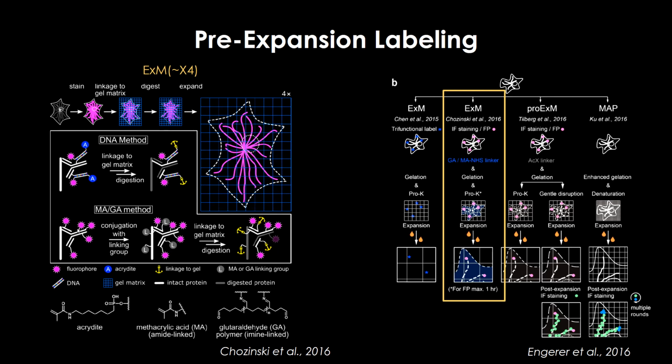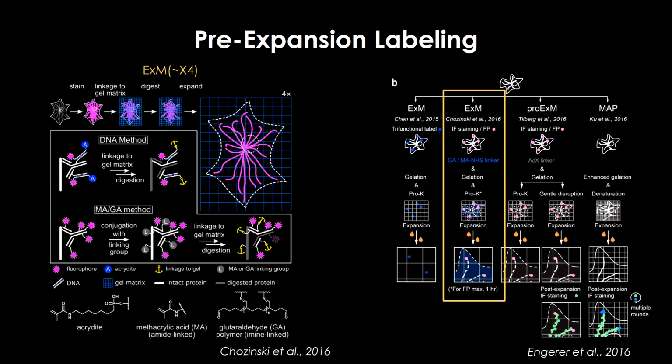And then after that, it undergoes digestion. In this digestion process, some of the proteins are digested, and only the part that is linked to the gel remains. And then when you add water, the sample swells up to 4 times, and then you can image it really nicely. I'll show you in a minute the images that I've obtained using this technique, but I want first to give you